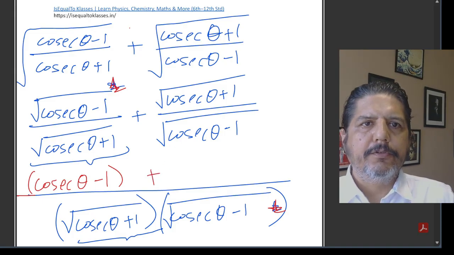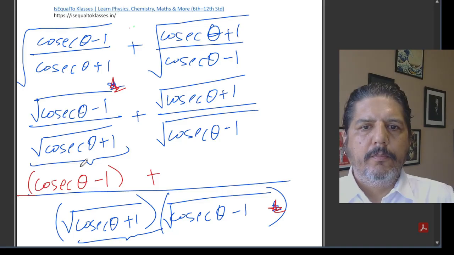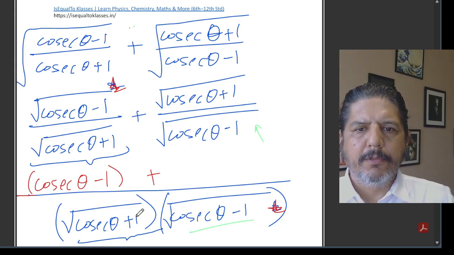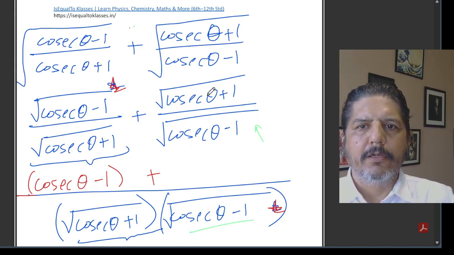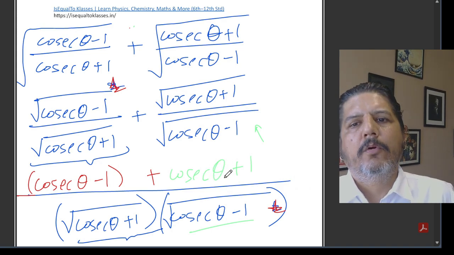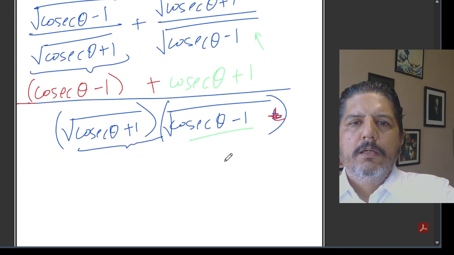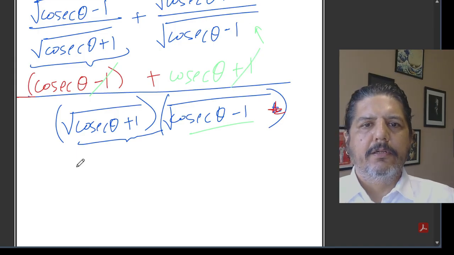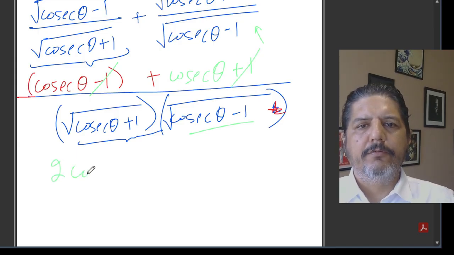Plus, now in the second case, what I'll have to do is, when I take the second term, cosec theta minus 1 root is already there. So cosec theta plus 1 root multiplied by cosec theta plus 1. Again, root multiplied by root, the root will vanish. So this would be equal to cosec theta plus 1. Hope this is making sense. Now when we look at the numerator, we see that this minus and minus will get cancelled. In the numerator, I'll have 2 cosec theta